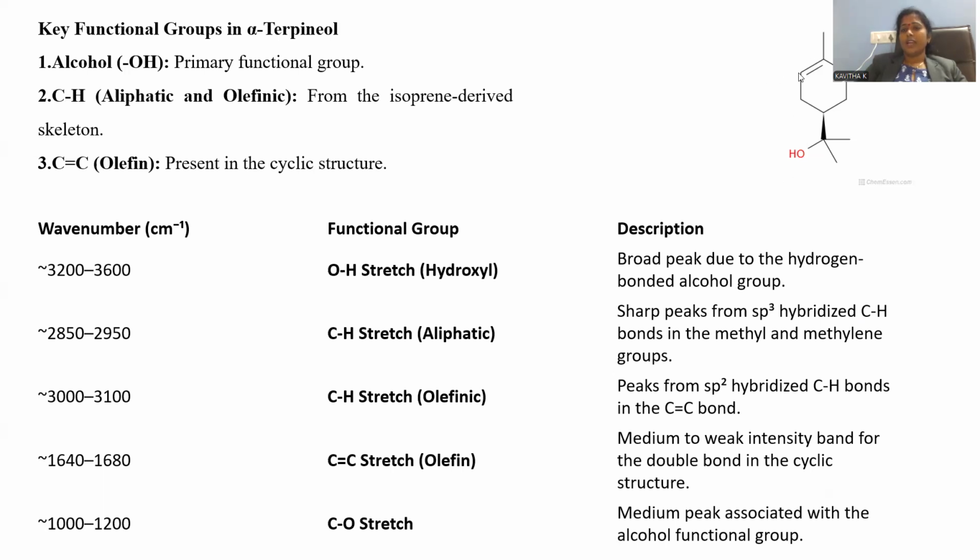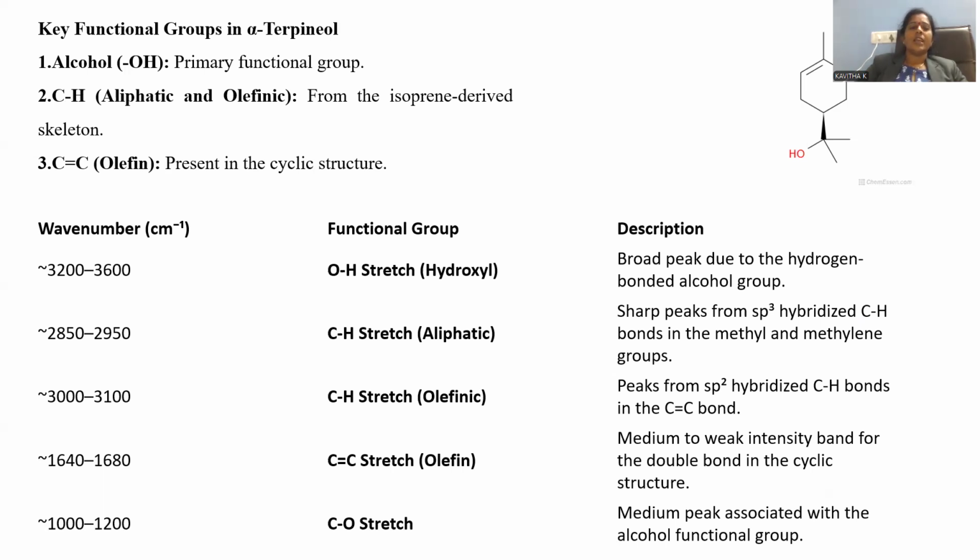Only one olefinic hydrogen is observed here, and aliphatic hydrogens are also present in this molecule, so there is a provision for aliphatic and olefinic carbon-hydrogen stretches as well. And there is another provision for the carbon-carbon double bond stretch. That stretch is available within the cyclic structure of the molecule. This is said to be an endocyclic double bond, and that olefinic double bond gives rise to another characteristic peak in